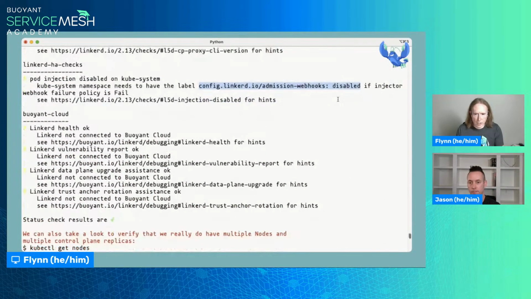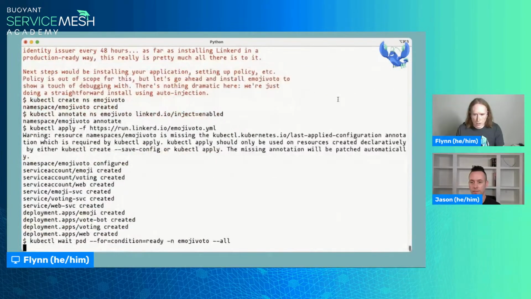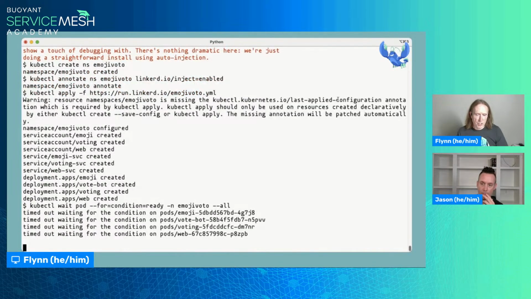I might actually go ahead and, you know what? Never mind. I'm not going to go ahead and put that label on. At this point, I'm just kind of curious what exactly is going to happen.